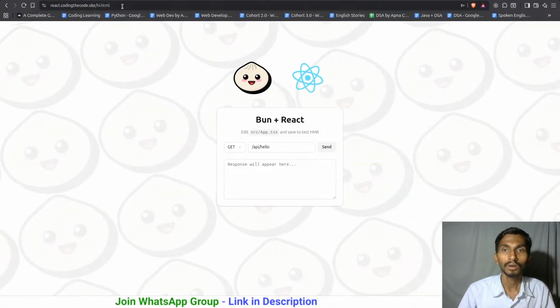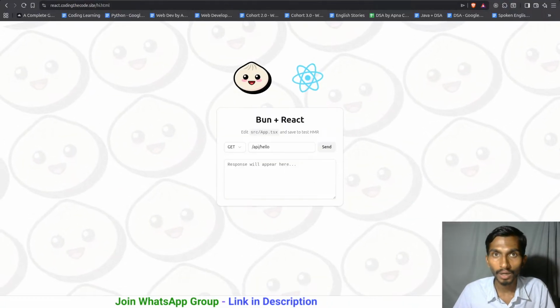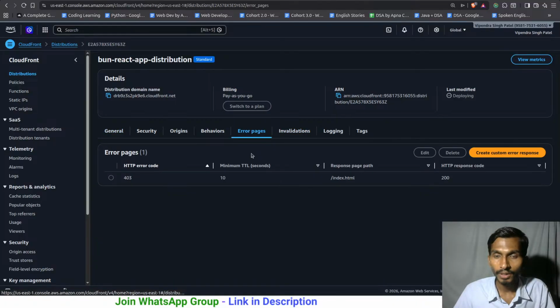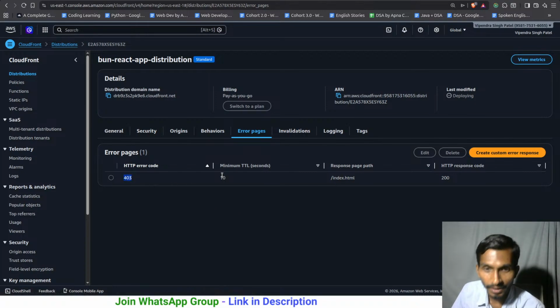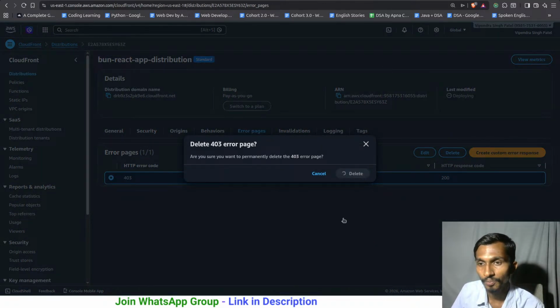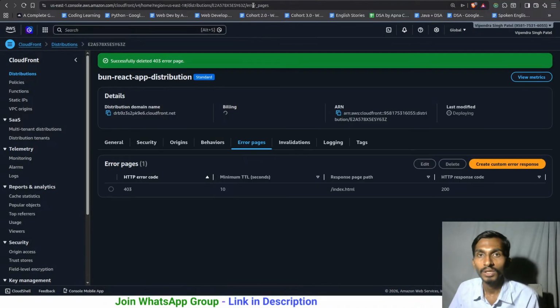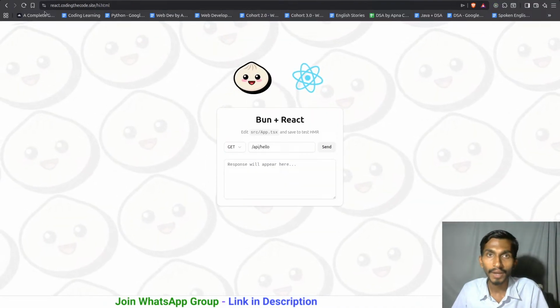/hi.html. Okay, so coming back to these error pages, it doesn't matter what you enter at that time. This is the response page that I have decided. So whenever you get a 403 error, that is ultimately forbidden, because that's no doubt going to be forbidden. At that time you are going to be redirected to this particular page, because if you don't have it here, if you delete it from here, and if you try to go to index.html or hi.html right now,